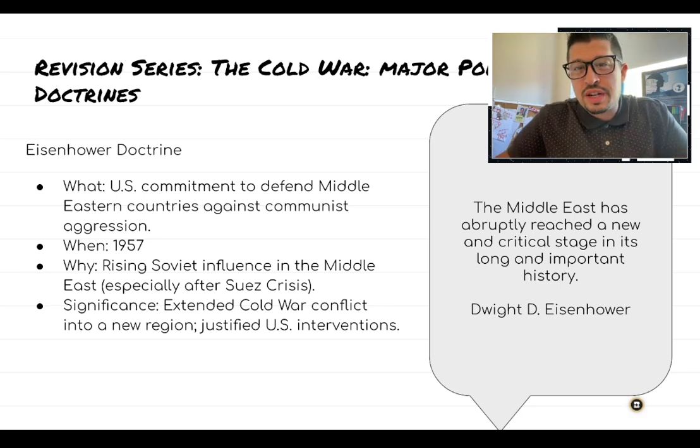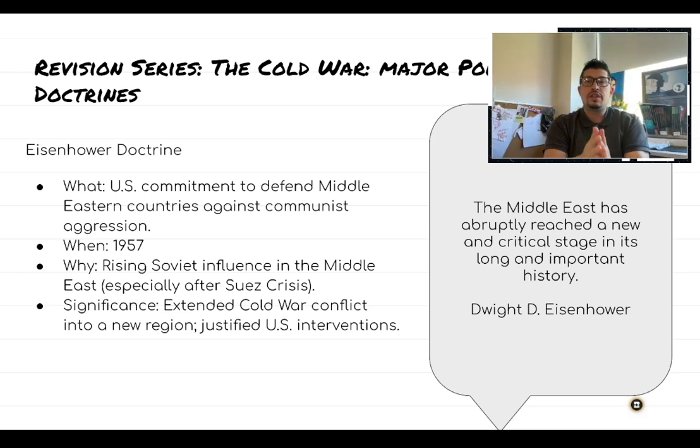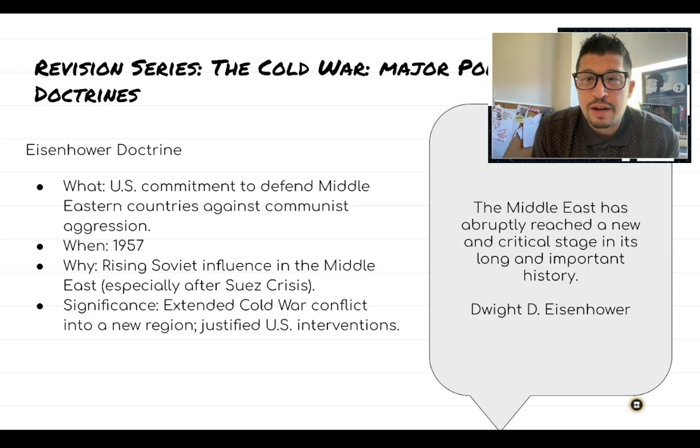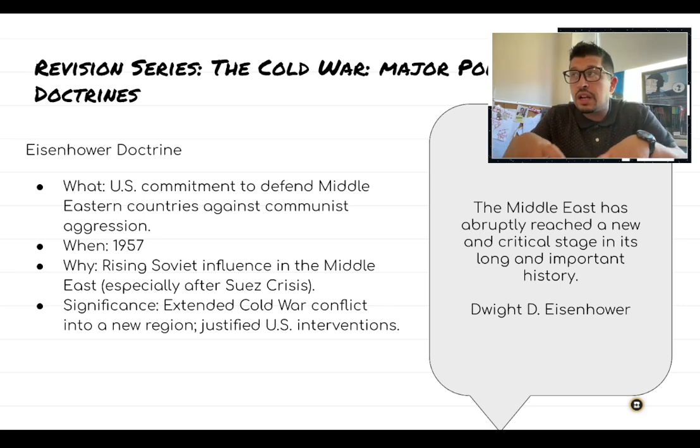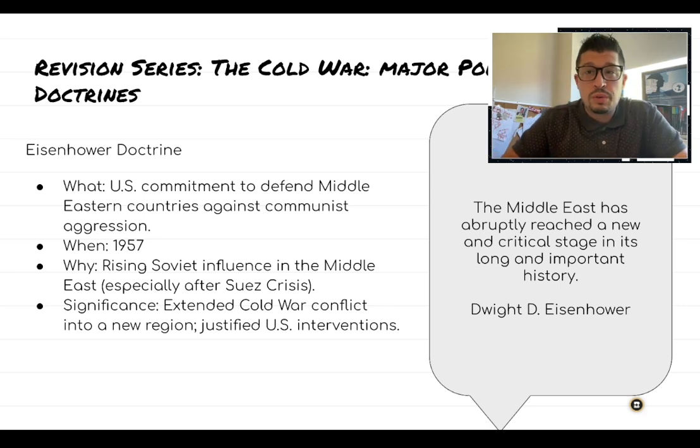The Eisenhower Doctrine is next, right? Here, the United States kind of realizes that it messed up a little bit, right? When Truman issues the policy of containment, it is predominantly about Europe, right? Marshall aid goes to Europe, right? That's the lens. That's how I teach it, right? This is the lens through which the early Cold War is fought, right?